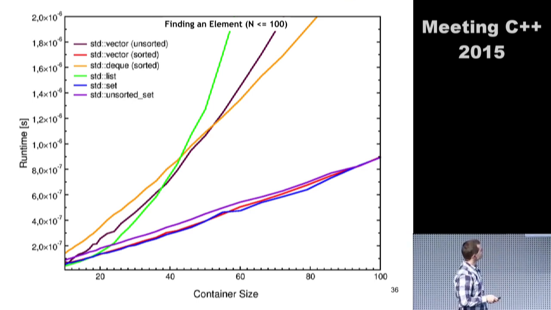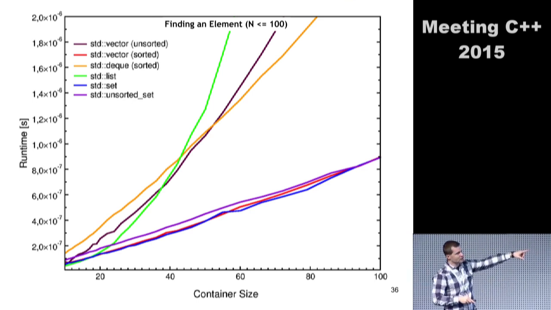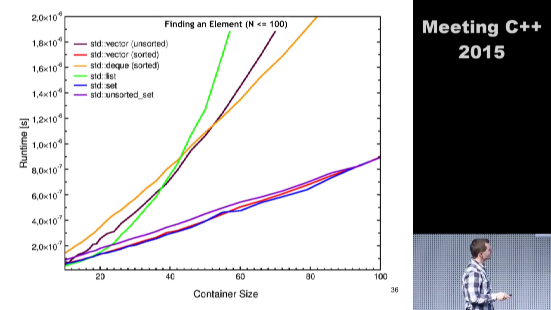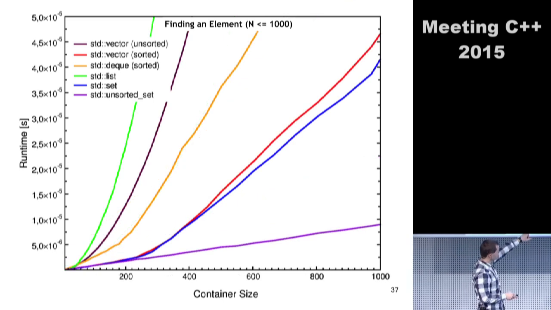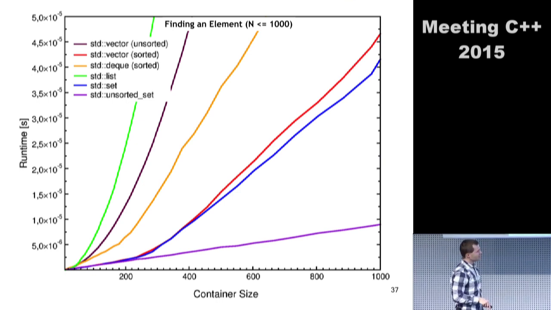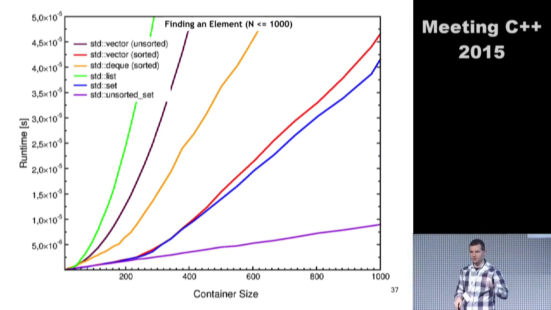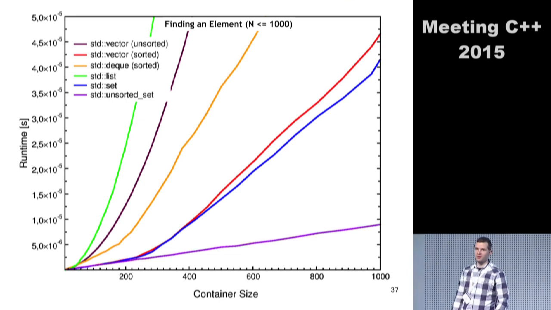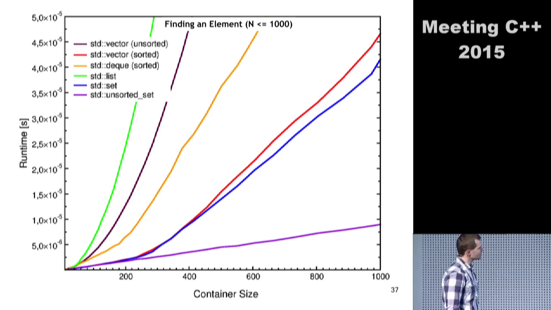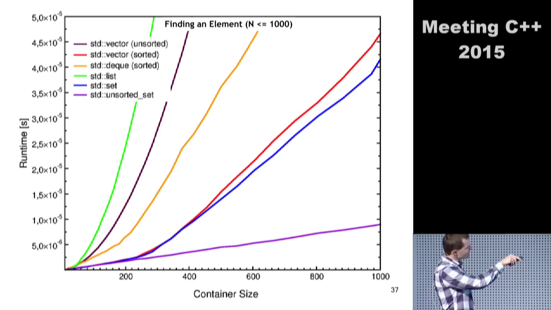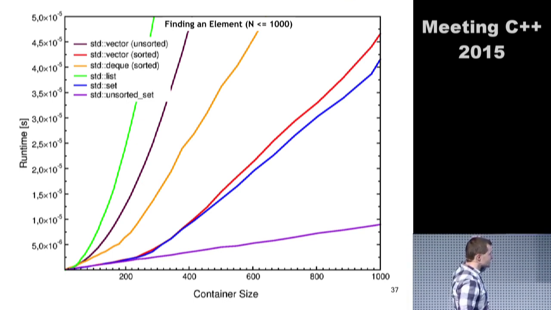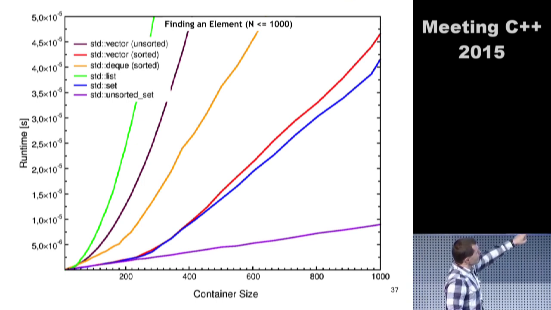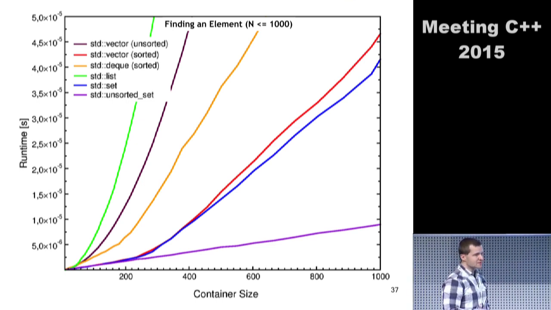This is expensive. Okay, this is just for 100 elements, small. If you go to 1,000 elements, then it suddenly gets interesting. Because at about 220 elements, the unordered set really starts to give you a real advantage in finding an element, right? Both the set and the vector just show that there is a higher complexity involved. Interestingly, the set does not perform too well.